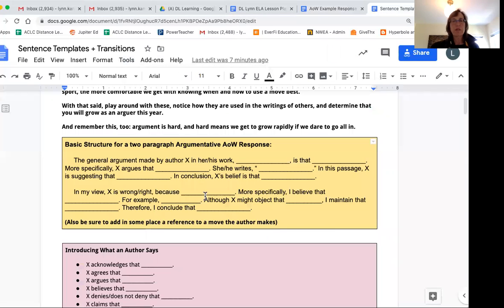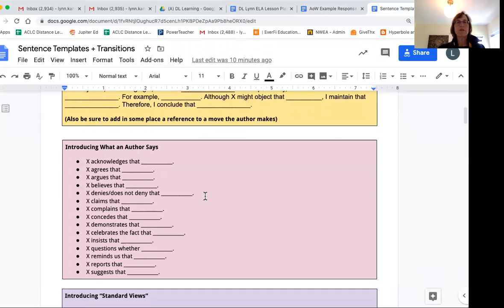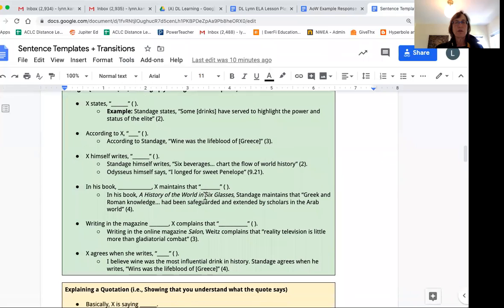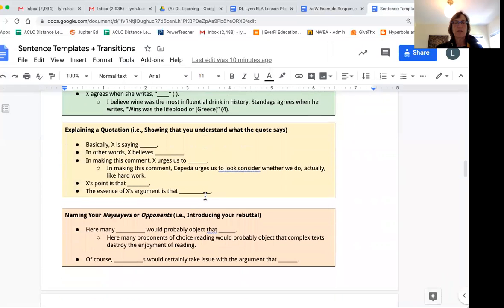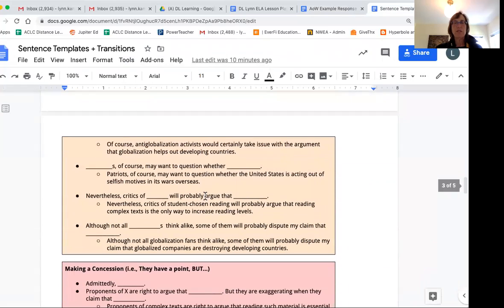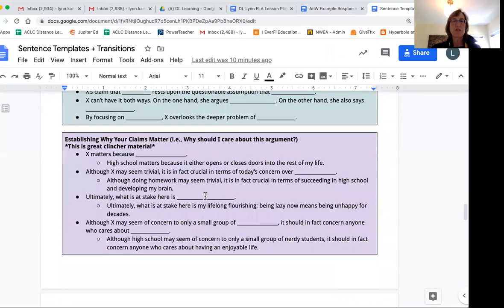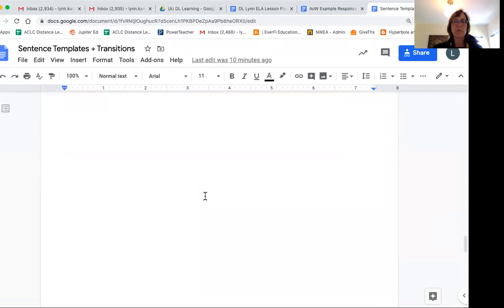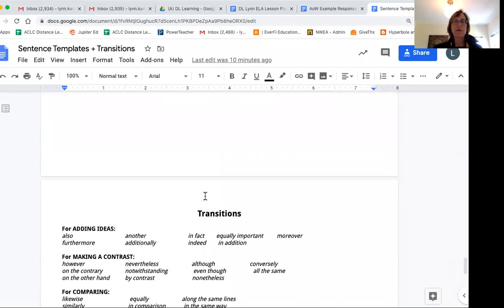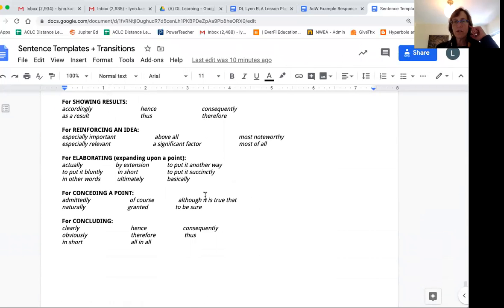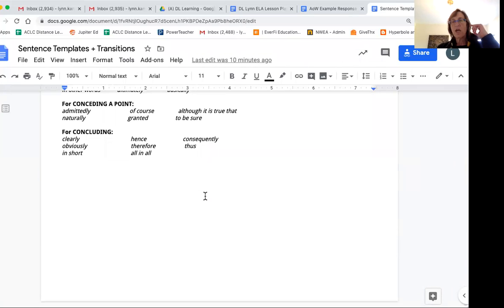Going back in really quick to the sentence templates, I wanted to just point out that there's a whole bunch of other stuff in here that you can use just to give you some extra sentence starters. And maybe you want to save this for the future, for your 11th, 12th grade and college years, because there's some really cool stuff in here. Oh, and then way too much space down here. I'll get rid of that space in just a minute. A bunch of transitions. I know we've talked about transitions all year long, but here they are all on one page. Anyway, I hope that really helps you as you are working on your article of the week.